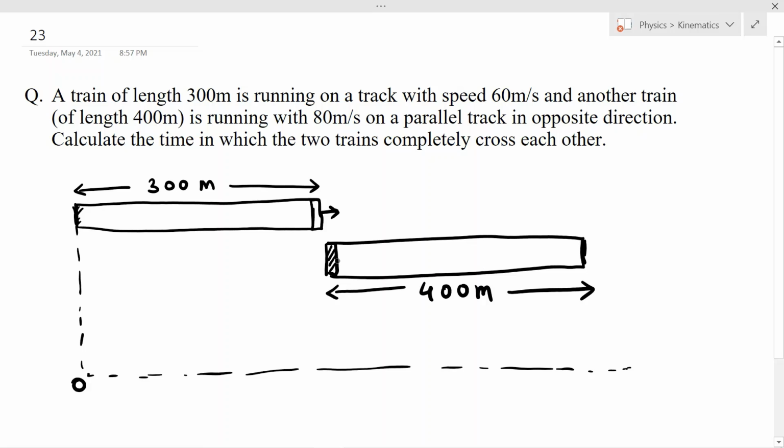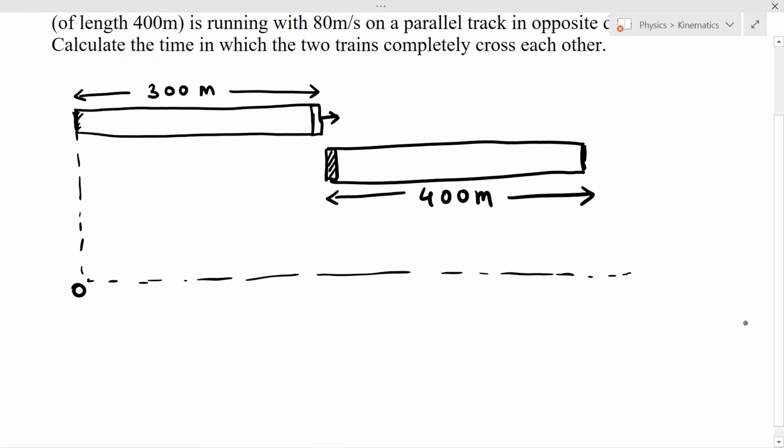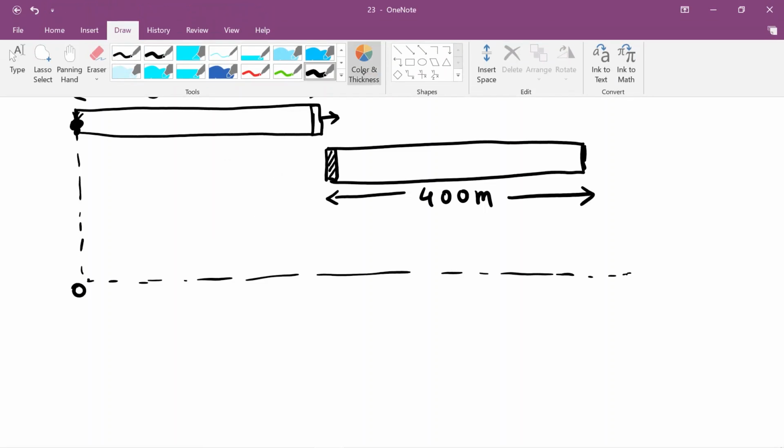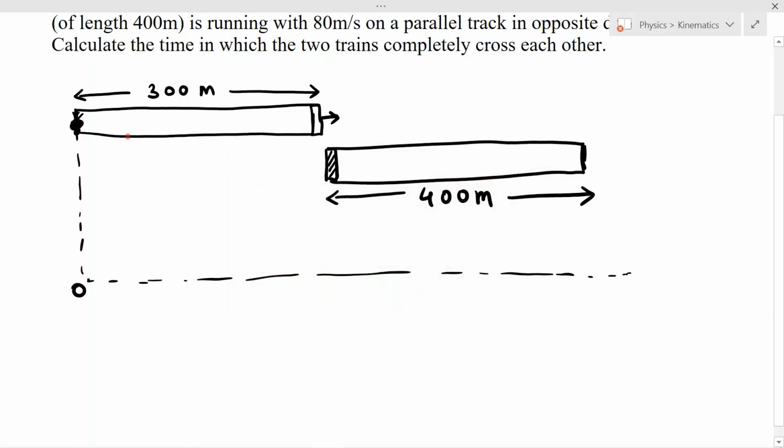So time t equal to 0 was when we started the clock, when the two heads were just meeting. So when this point, that is the tail, this point, let me draw with the red color marker over here. So this red point, when it will meet this green point, then we will stop our time measurement, and time measurement will be started when these two heads are just meeting.